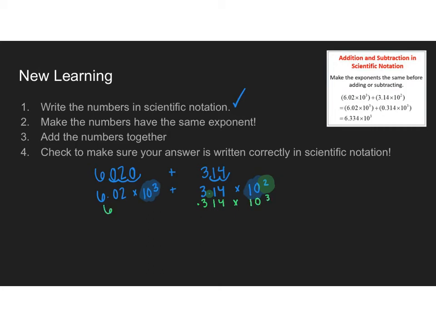And now they have the same exponent. Okay? So I made them have the same exponent. Next step is to add the numbers together. So I have 6.02 and 0.314. If I do that on my calculator, 6.02 plus 0.314, that equals